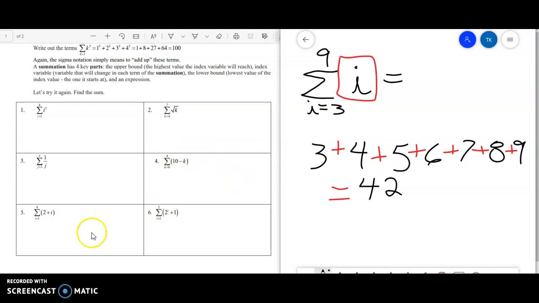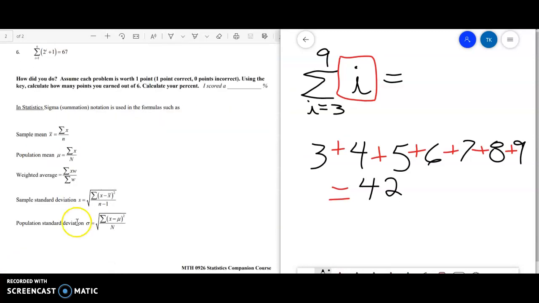Don't get bogged down by the notation. I know it can look pretty ugly, but if you look at the end of your sheet, these are some things that we're going to be using in statistics. They look messy. So the first step in understanding these is we need to know what this summation symbol means, and that's why we're reviewing that in